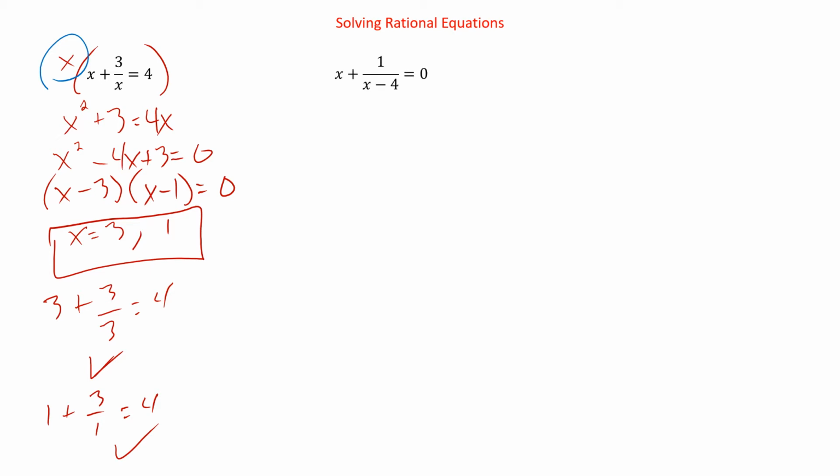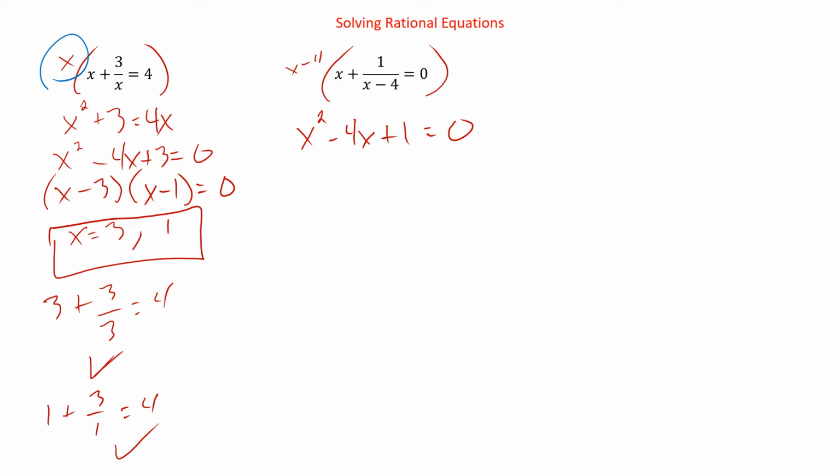So let's try another one here. We have x plus 1 over x minus 4 equals 0. So again, multiply by that common denominator, x minus 4. When we multiply it to the x, we have to distribute. So we get x squared minus 4x, and then plus 1 over the x minus 4 cancels, so we get plus 1 equals 0. In this case, we're not going to be able to factor it,